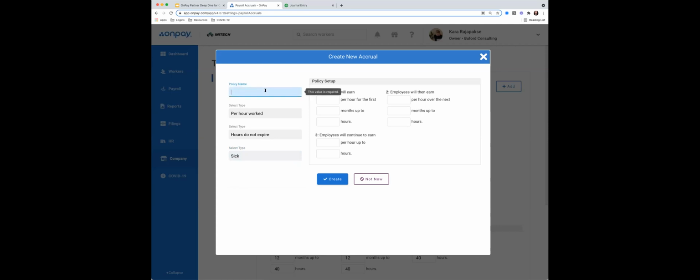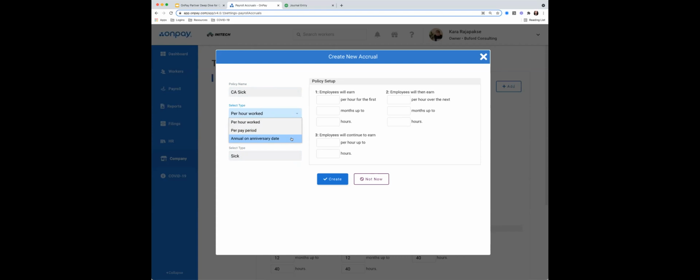Today, we're going to add in a mock California sick leave. So I'm going to choose sick here. If I have folks across multiple states, I may actually designate this in the policy name as California sick. And then from here, in terms of accrual, you are able to choose how you need those hours accrued. Is it per hour worked? Is it a set rate per pay period? Is it one kind of front loading annualized sum?